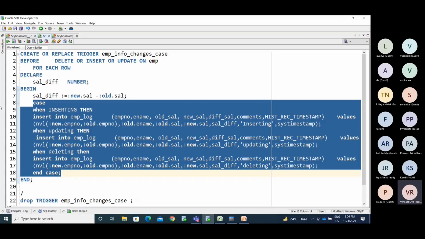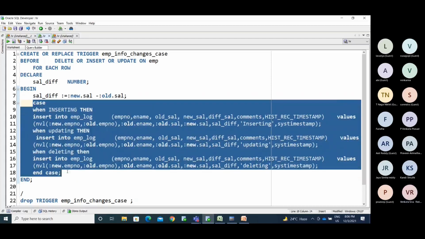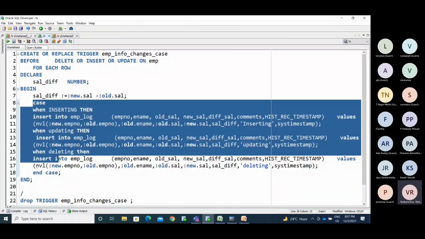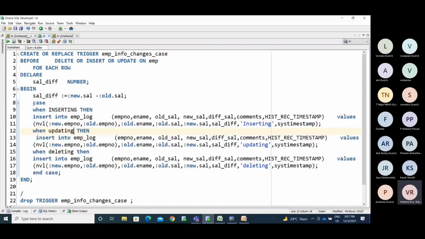So the case statement can be used directly in PLSQL, whereas the decode you cannot use directly like this. Try to use the decode function with a department, put some condition, and see whether it is working or not. So try it at your end later. So you can use the case statement directly in the PLSQL code. This is another example, another difference.